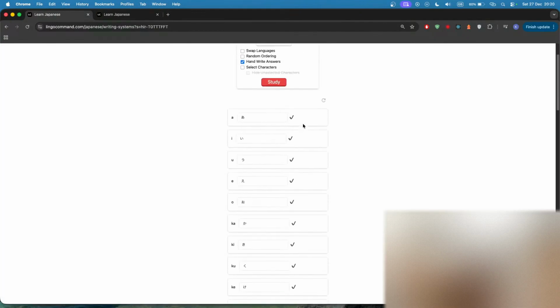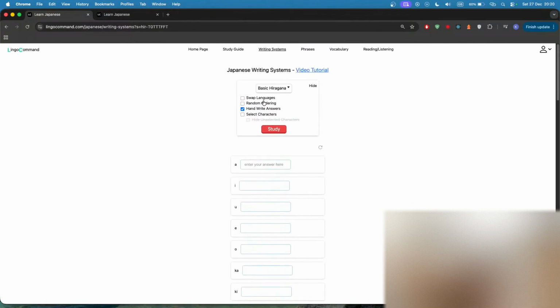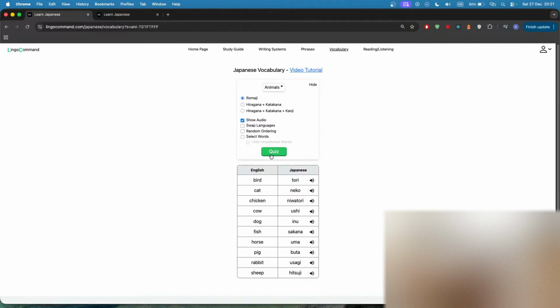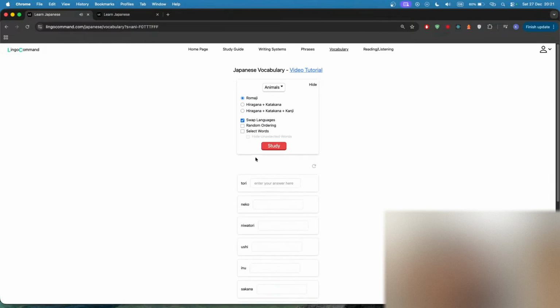This was just me actually practicing the characters, but what we can do is, for example, let's do a quiz on animals, right? Currently this quiz is doing English to Japanese, so it's expecting the output in Japanese. So this is tori, this is neko, this is niwa, tori, inu, etc. If I swap the columns and I select hiragana or katakana,